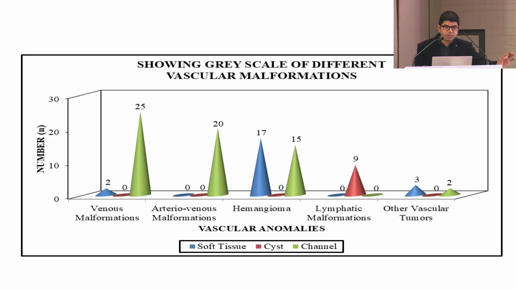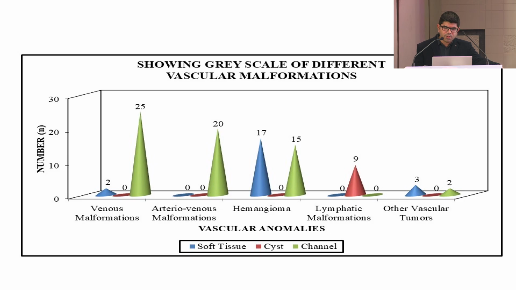So what are the different findings that we look for in ultrasound, Doppler, or contrast enhanced ultrasound? Contrast enhanced ultrasound we'll keep aside. It is rarely used and used only when we are treating the patient. But we talk about ultrasound and Doppler. Usually ultrasound means grayscale. On grayscale, we see soft tissue, cysts, and channels. Lymphatic malformations are usually cystic, venolymphatics are cystic with a venous component, of course. Hemangiomas usually have a soft tissue component, arteries and veins, and arteriovenous malformations will have pulsatile vascular channels. And venous malformations will again have channels but not pulsatile.